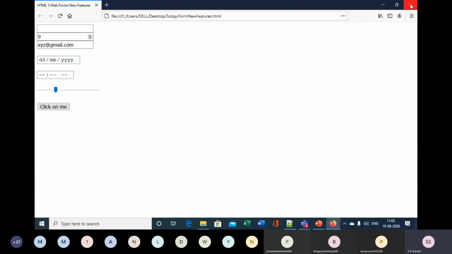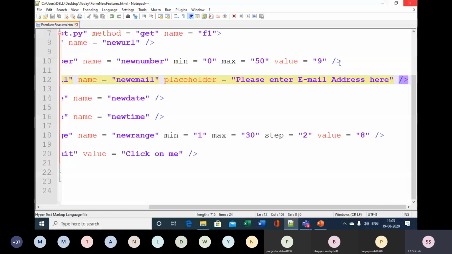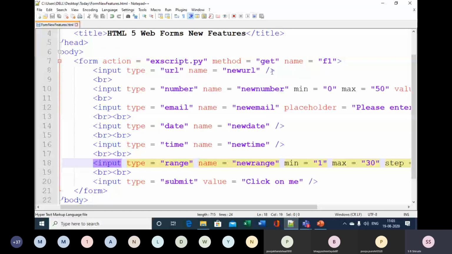Then another attribute is autofocus. This autofocus attribute is a Boolean attribute. If you make use of it, it will be true. If you do not make use of it, by default its value is false.